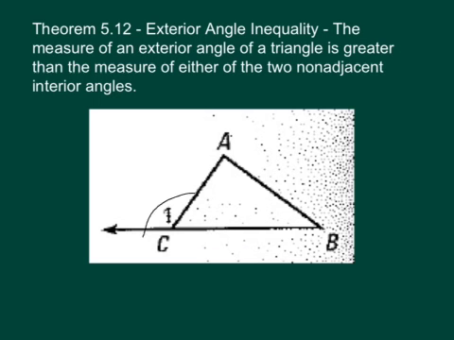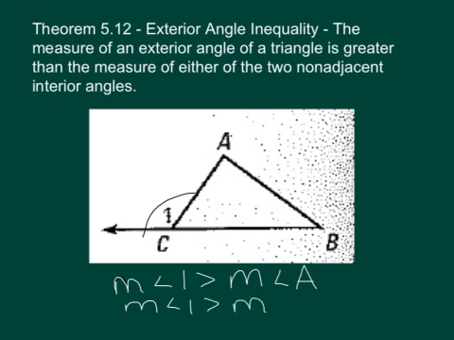And the measure of angle 1 is greater than the measure of angle A, because angle A is not adjacent to it. Remember, adjacent would be right next to, so ACB would be adjacent, but angle A is not adjacent. So angle 1 is greater than the measure of angle A, and angle 1 is also greater than the measure